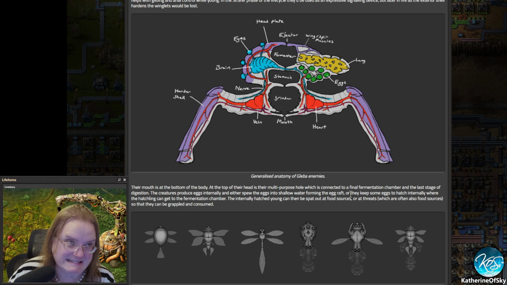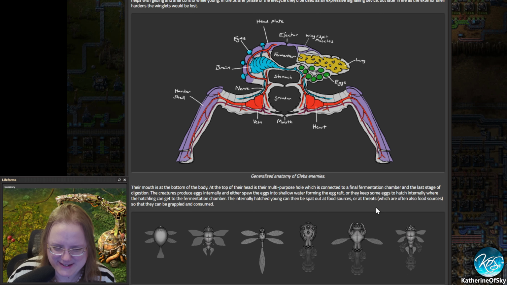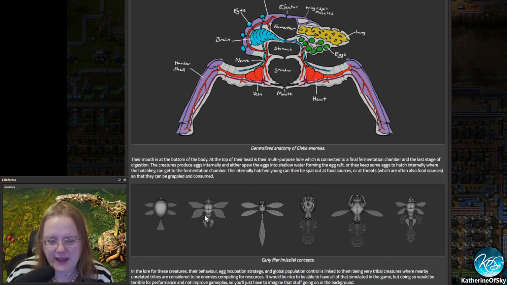Multi-purpose hole. Yeah, which is connected to the final fermentation chamber at the last stage of digestion. That's a really PC way to put it, Arendelle. That's fantastic. The creature produces eggs internally and either spews the eggs into the shallow water forming the egg raft, or they keep some eggs to hatch internally, where the hatchling...